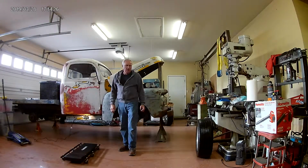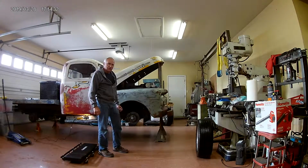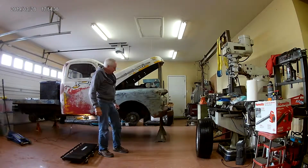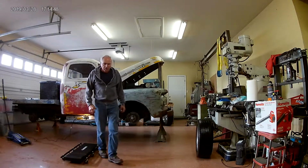March 28, 2019. Getting the truck ready to go to Good Guys on Saturday in Pleasanton. So I got the wheels off. Had a knocking in the front end when we came back from New Mexico in February. Just started doing it. Got underneath it, and the rack,